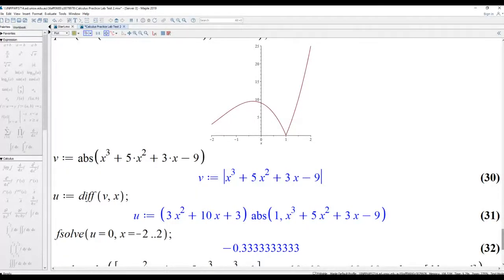And who can tell me what's another critical point? What's another critical point on the chat? Who can tell me? Yes, Kevin, x equals 1, right? So that point there. Yeah, absolutely. So there's 4 points of interest: -2, +2, 1, and -1/3. Okay. So if I go back to my Chrome tab,